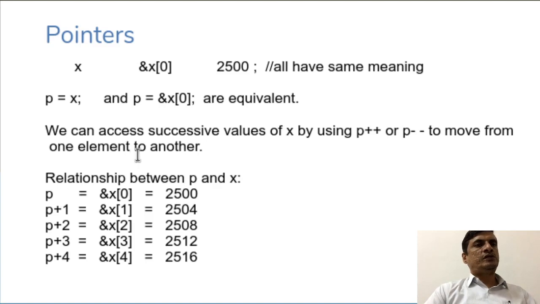Just to relate a pointer variable to x, these are equivalent. p plus 1 means the next element within this single dimensional array is going to be accessed. It is not like 2500 plus 1, but it is going to be the next element. So base address plus the next element, base address plus the third element, fourth element, etc. That is how you correlate the single dimensional array with